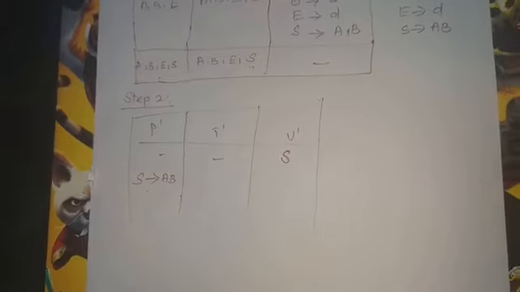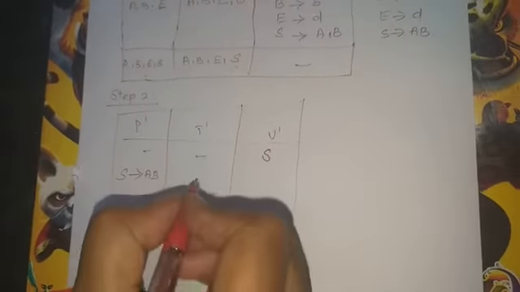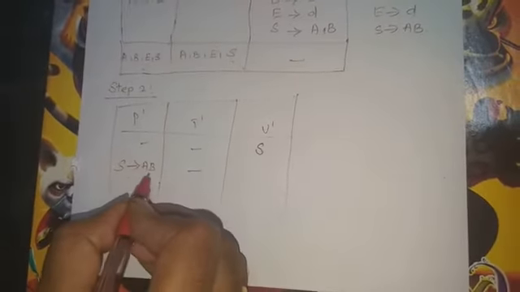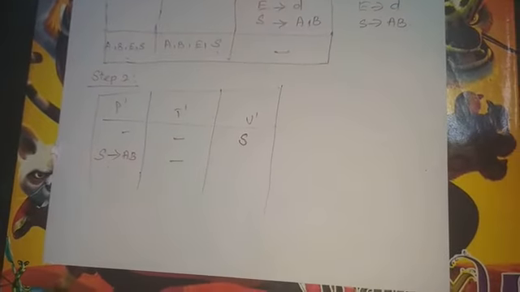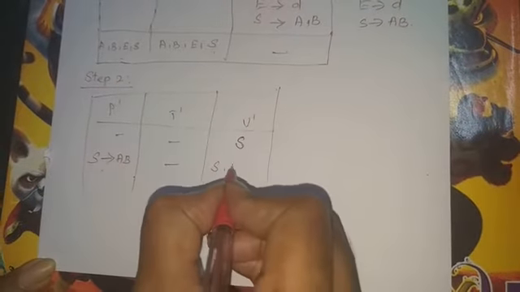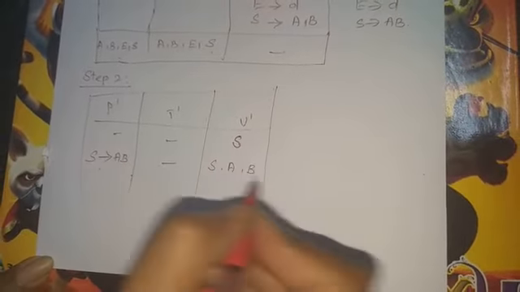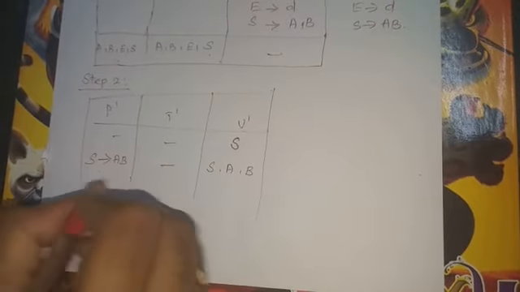Then what is the terminal string here? There is no terminal string here because all are capital letters. So this is non-terminal. So you cannot write that. So here, what are the non-terminals in this production? S is non-terminal, A is non-terminal, B is non-terminal. Then what are the productions that you have to write? New production. What is the new production you got? A new production you got.